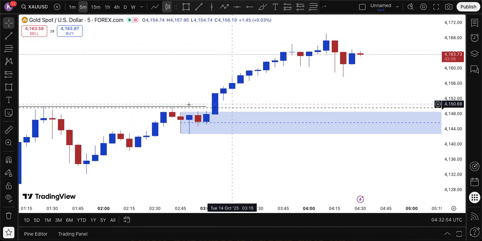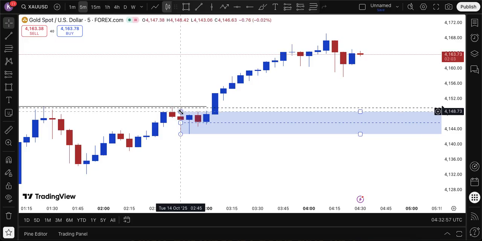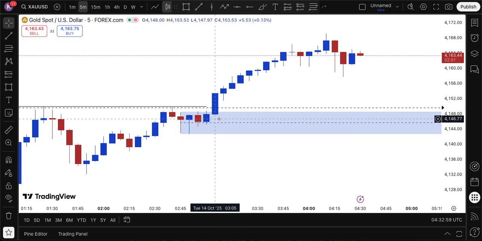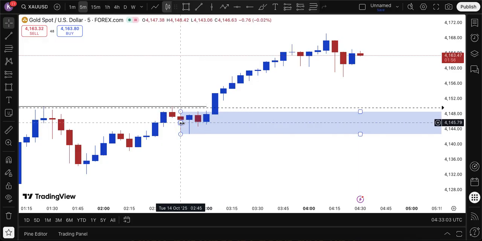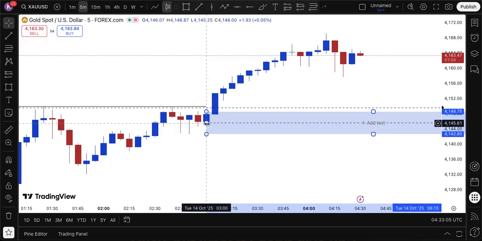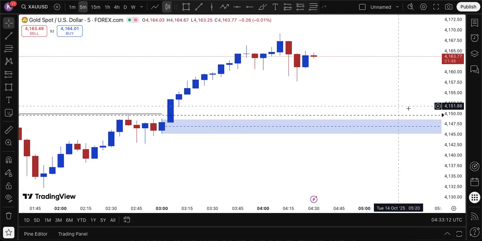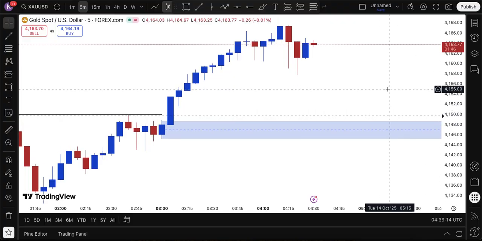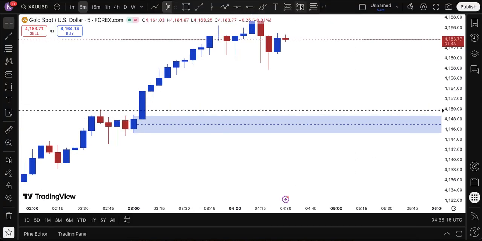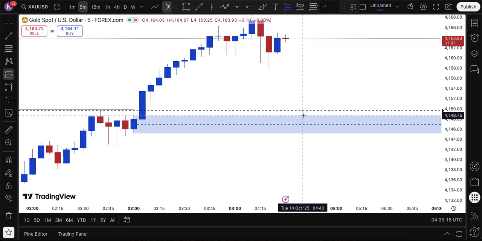Here we can see this was the one I would have marked to start with, but they engulfed it. Cool. Obviously this one didn't, and neither did this one engulf it completely. So I'm just gonna drag it onto this one, because this one engulfed it completely, holding command and dragging that. Now we can go ahead and set an alarm here, and obviously we should place our buy orders.